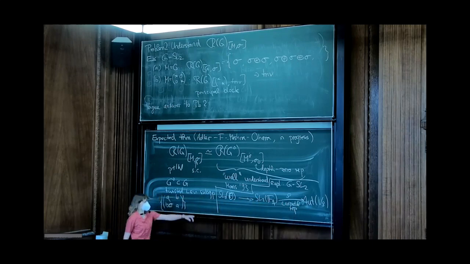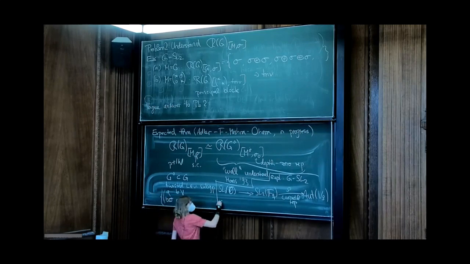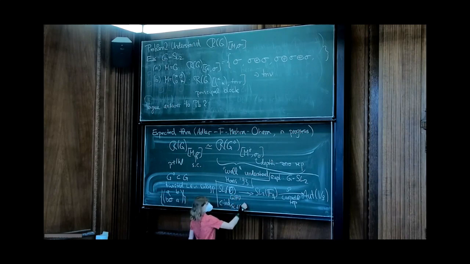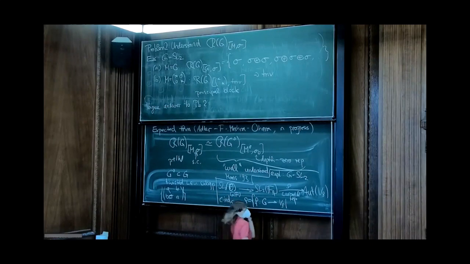So that's now a representation of a compact subgroup. And how do we get a supercuspidal representation out of that? We just take the compact induction from this group SL2(O) to the whole group of this representation rho. So these are just all the functions from the group to the vector space such that